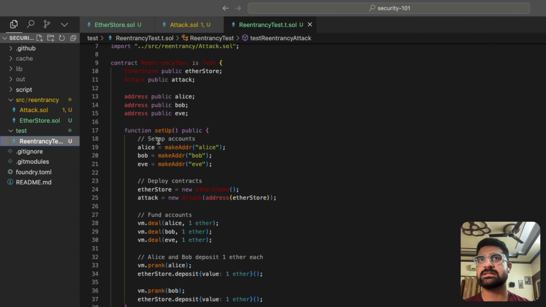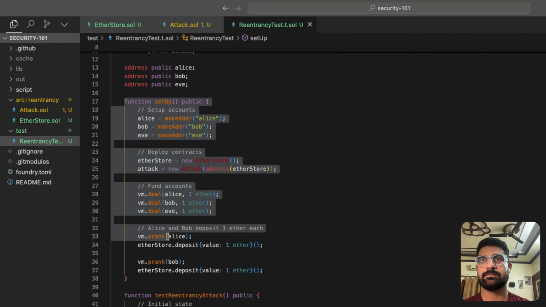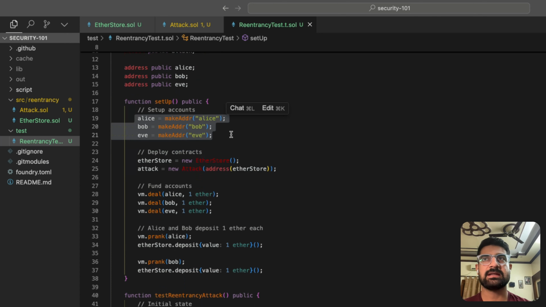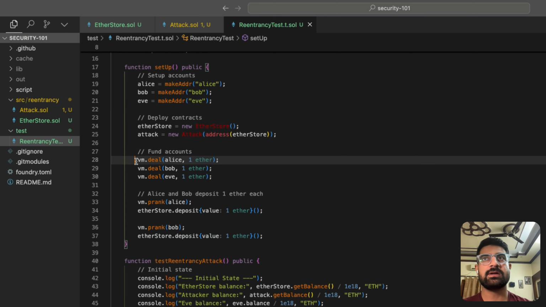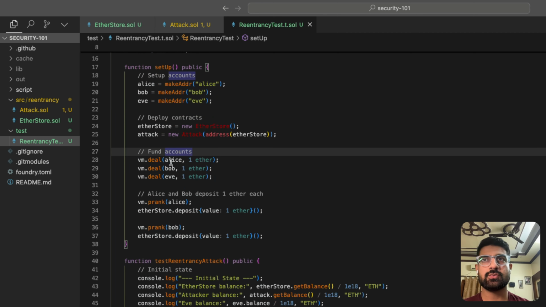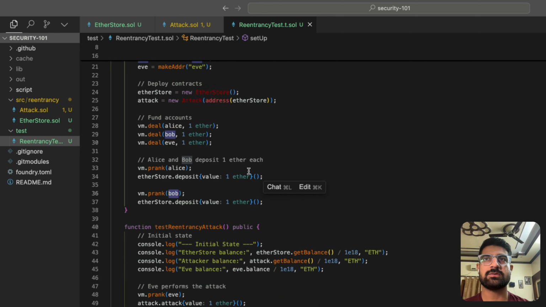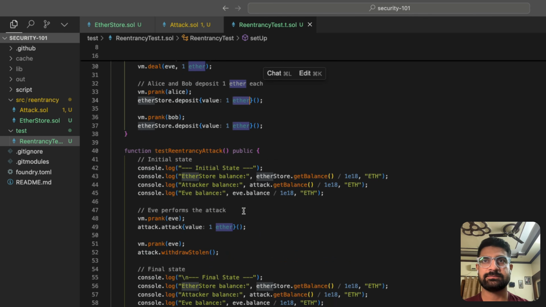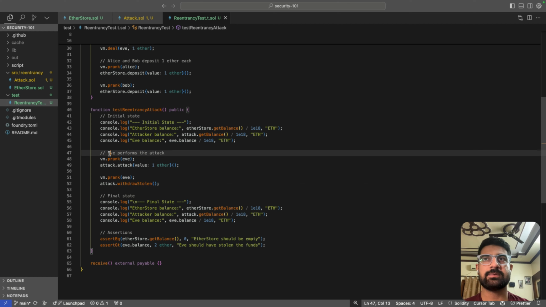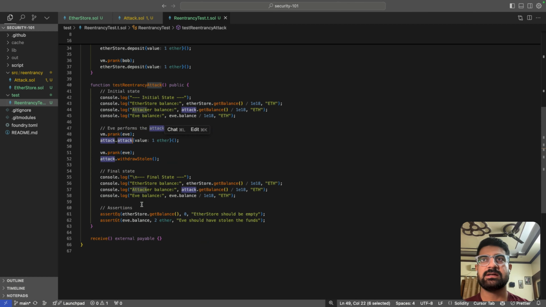Here in the test you can see in the setup, what we are doing is first we are making three addresses, Alice, Bob and Eve, and we are going to give one ether each to Alice, Bob and Eve. Alice and Bob are going to deposit one ether each in the EtherStore contract. And then Eve performs the attack. Eve calls the attack function,